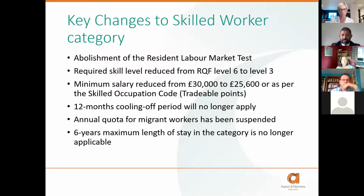So what we want to look at now are the key changes to the skilled worker category, and some of the positives the government has already introduced, again realizing that there is going to be a shortage of staff in the UK, and to fulfill those. So one of the first things they introduced is the abolishment of the resident labour market test,